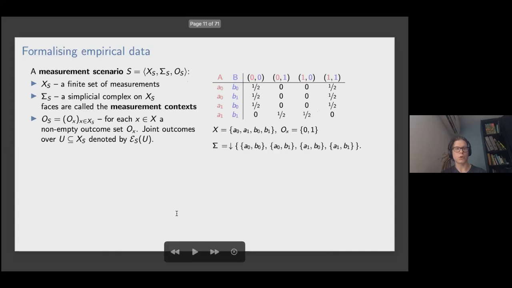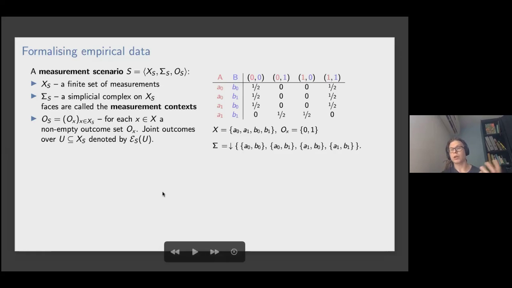So now let's move on. And this is, I think, a slide that already was in the earlier talks before the break, so I'll go through this a bit faster. The way we formalize our basic object is that we start from a notion of a scenario, where you have a finite set of measurements, and then you specify which measurements are jointly compatible. And then you have an outcome set for each measurement. In principle, they could all be the same, but for some technical reasons, it's handy to keep at least the possibility that they differ for each measurement in X.